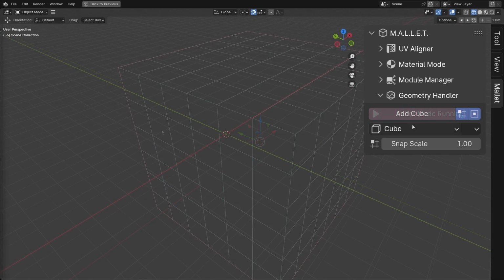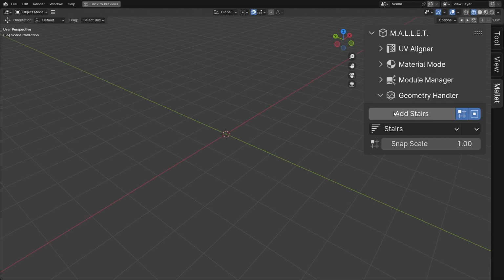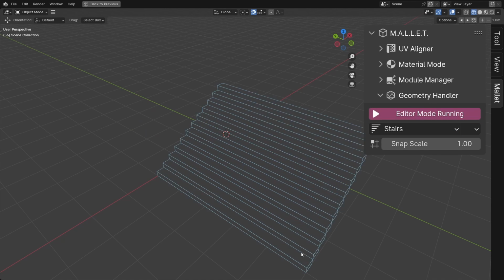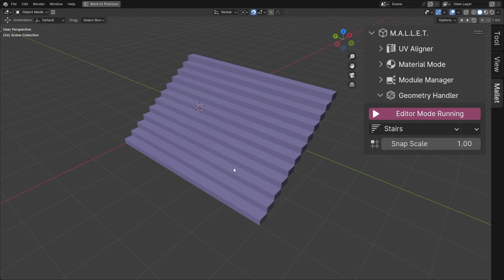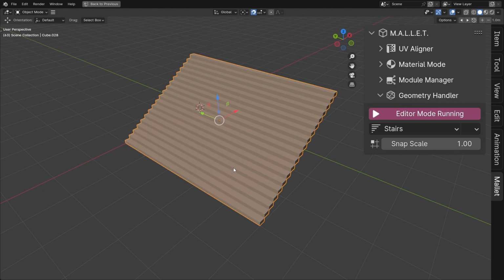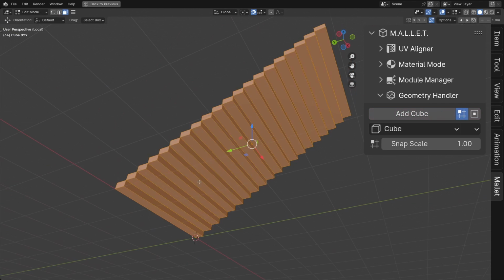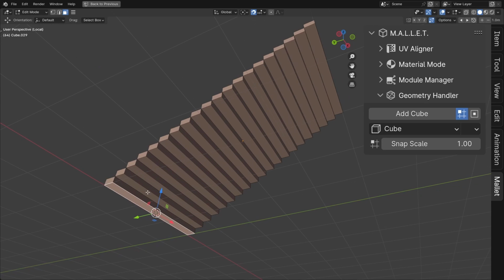Now, unless you're adding stairs, in only this case, scrolling up and down doesn't change subdivisions, but just adds or reduces steps. Also unique to stairs is that pressing E will change its rotation, the way the steps are facing. If you don't want this gap underneath, removing it is pretty much straightforward.